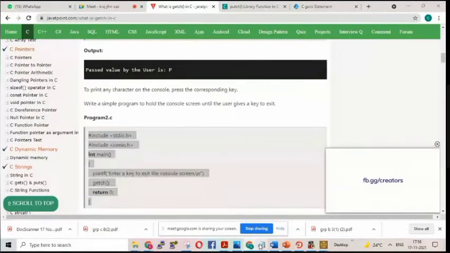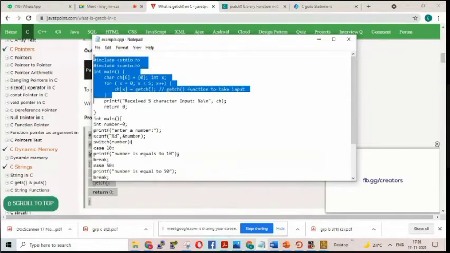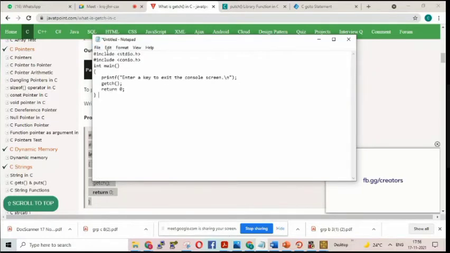Then what I should do is paste it in one new notepad file. I will open one notepad file and paste it. Understood what we did? We have copied the program and we will be pasting it in notepad.